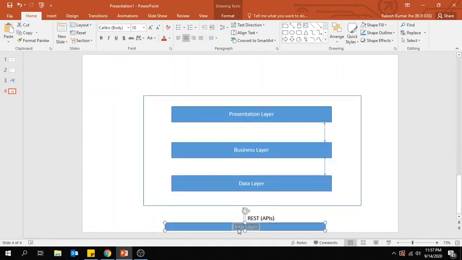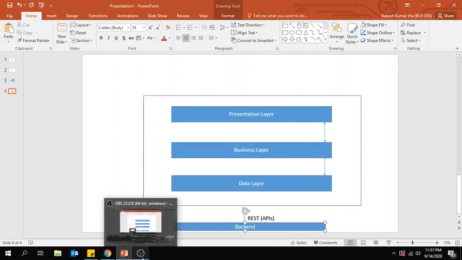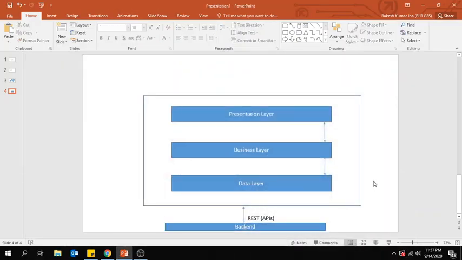So here directly you can say the backend system. My mobile will communicate with the backend with the REST APIs. Now, what are the things you will keep in the presentation layer, then the business layer, and then the data layer? In the business layer, normally I call all of my